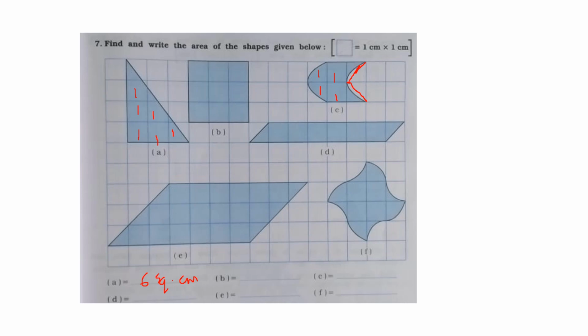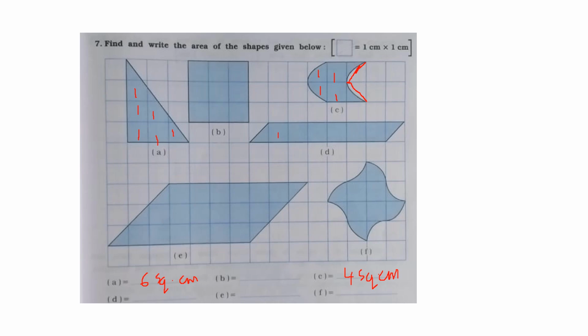Again less than half. So these both are less than half. So ignore them. Don't take. And complete squares are 2. And this is more than half square. Okay. So we can count it as 1. So 1, 2, 3, 4. So the answer of C is 4 square centimeter. It's clear, children? So whenever it is less than half a square, you have to ignore it, and more than half a square, you have to count it as 1, and exactly half, you have to take it as half. Okay. We will do one more.